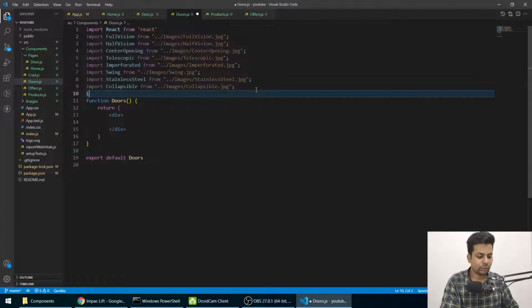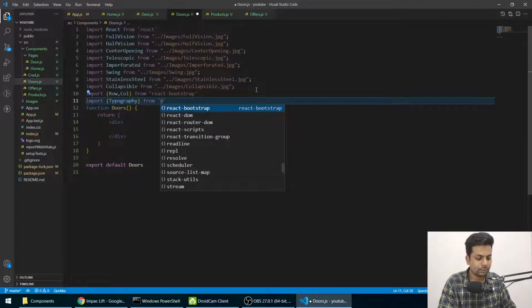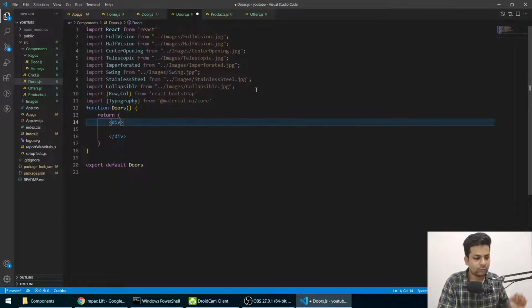Now we'll import row and column from React Bootstrap. We'll say row, comma, column from React Bootstrap. Now we'll import typography from Material UI core. Now we'll just make const images, as we did before.